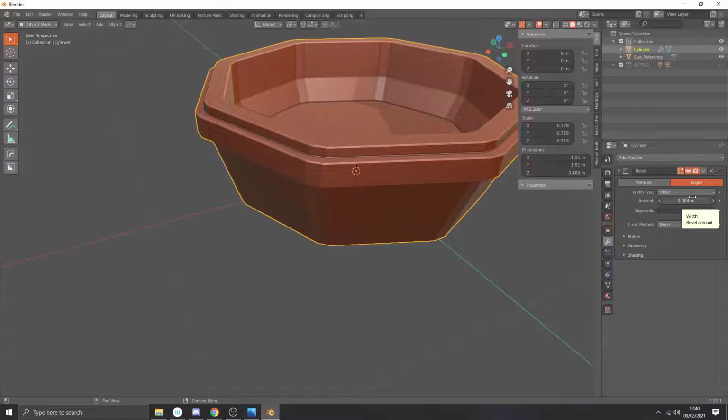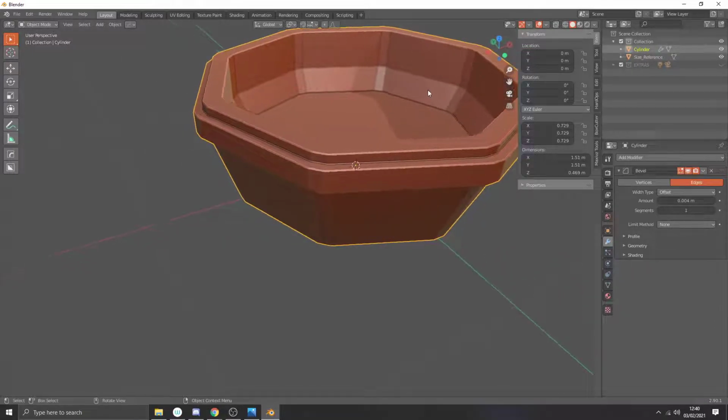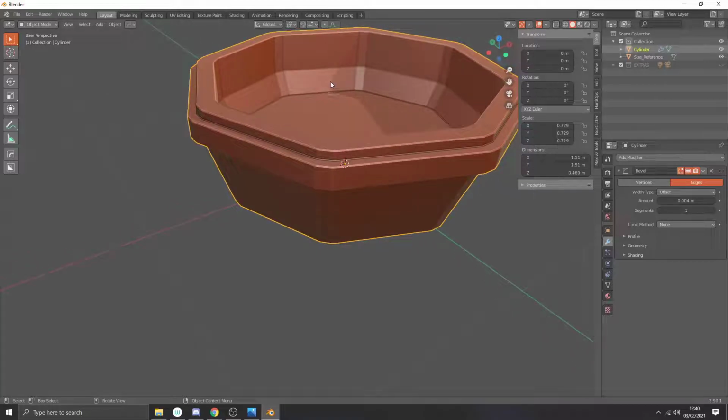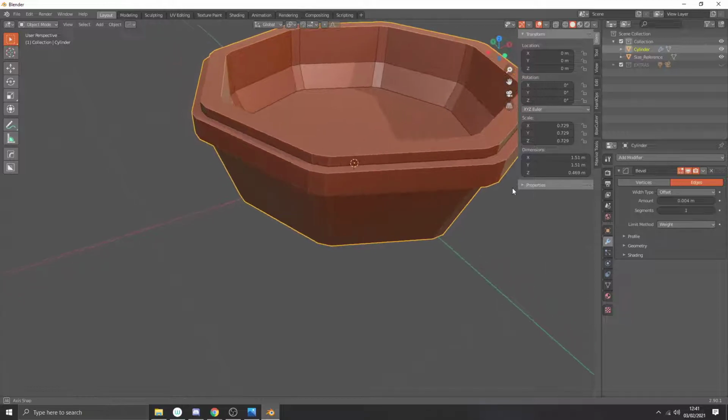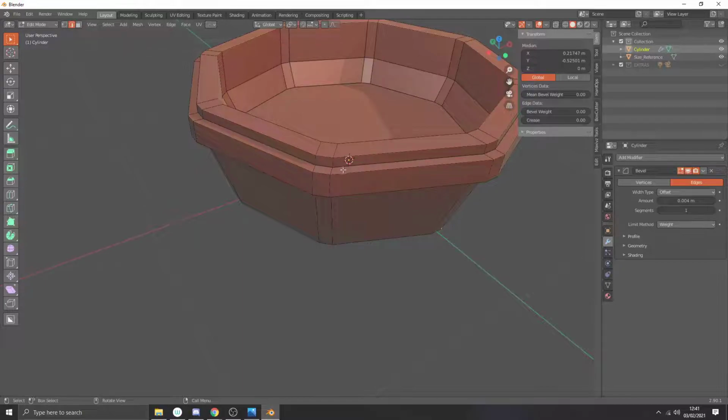So we only want this to affect certain edges. We don't want these edges here to be affected or these ones to be affected. We only want these sharp edges, these major angles to be affected. So to do that, let's first of all turn this into weight. Come down here to weight mode, press tab, and then we're just going to select our edges. So click one, hold Alt, and if we type mean bevel weight to something like 1,